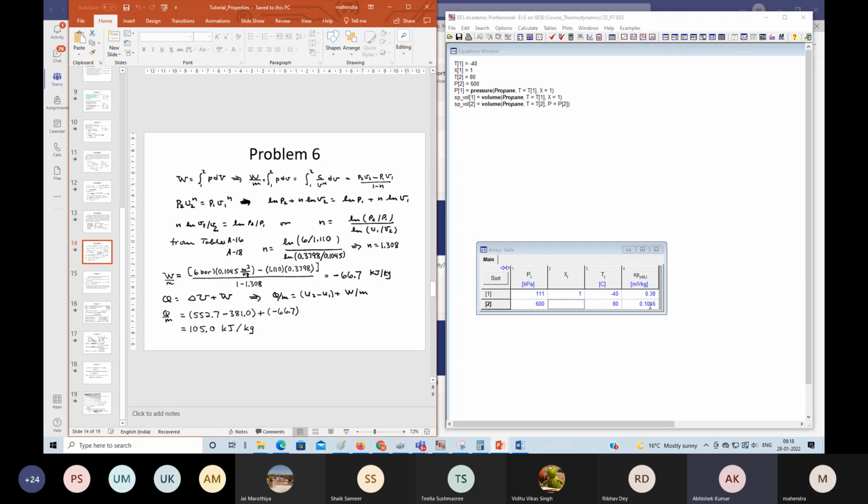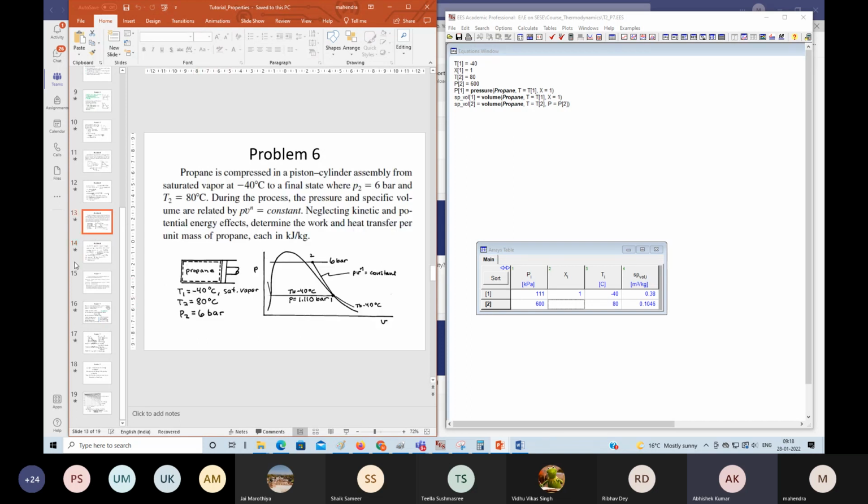Then what we need to find out here, actually the problem was heat transfer Q you have to calculate. Heat transfer Q you have to calculate means you need to calculate work as well as internal energy. Okay, what is the formula of work? What is the process given over here? If you read it,